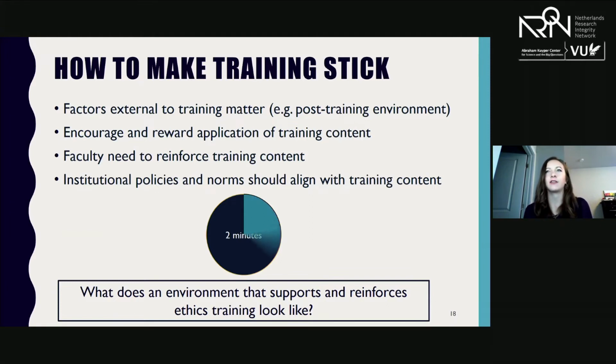And then on the next slide, I have a few ideas of my own, but I'm hoping during our Q&A session today, we can dive deep into this because I think it's an often undervalued and underobserved part of ethics training that is so critical. Because again, you don't want to put all this time and effort into developing a training program that's not going to have that lasting impact on your trainees. So investing in that training transfer and the environment to support your training program is equally as important. All right, that'll be the bell to move forward.